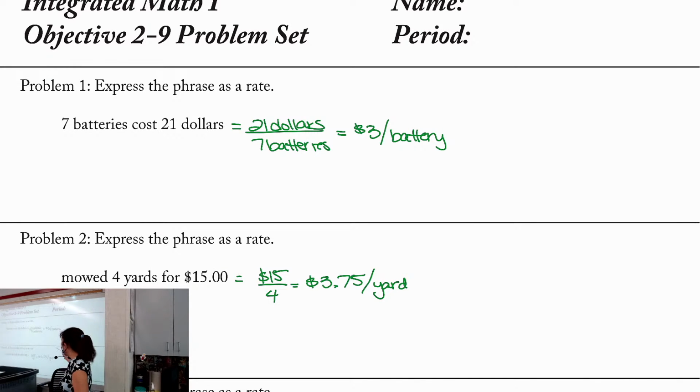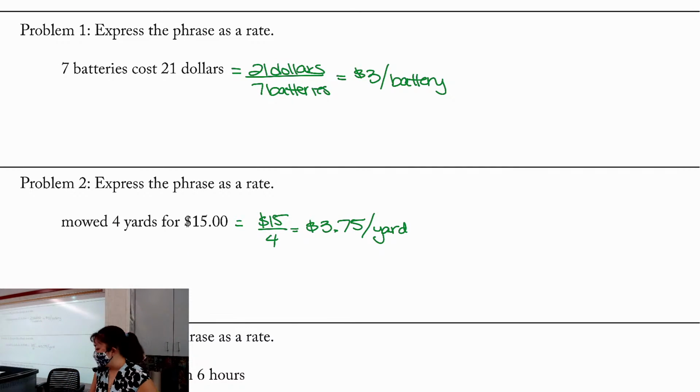I don't care about you getting a decimal because I told you before I want everything in improper fraction form. So I'm okay with you guys leaving it at $15 over 4 because you can't really reduce that. I'm okay with you leaving that because really what I'm testing on is, can you express the words as a fraction, okay? And that's really what I'm looking